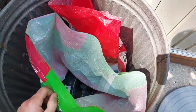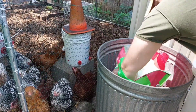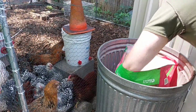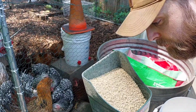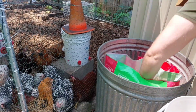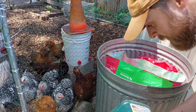So I'm going to show you guys what we're going to do with this here feed. Now here's one whole scoop of this here crumble egg layer feed. So I'm throwing that in the bucket. I grab a little bit more of that. And then